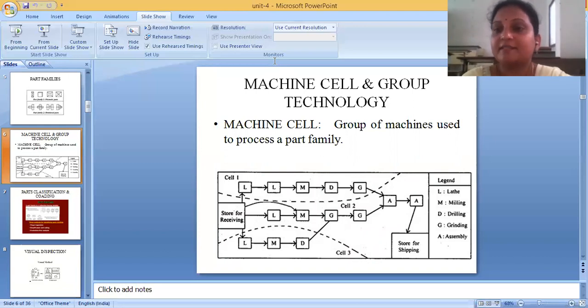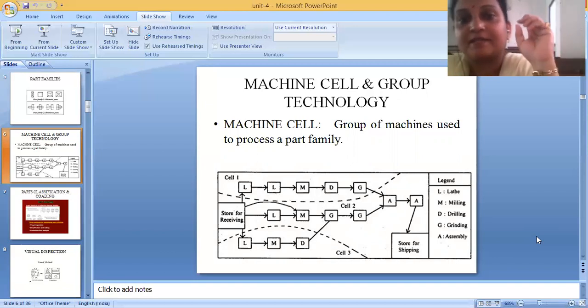So how do we design this group technology layout? If you look at this layout, this is a layout which we take as reference. We have discussed in the previous slide that we classify the components based upon the size, shape and machining operations. So let us assume that we have a set of families which goes through some sequence of operations.